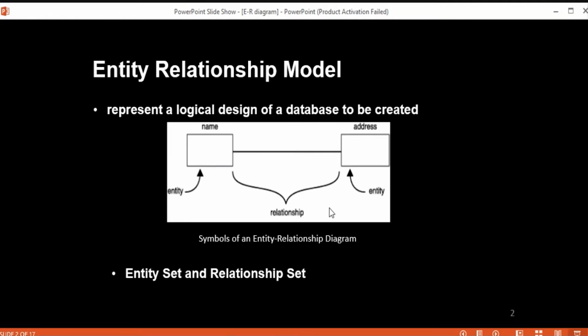For example, a basic example like student and school. Student and school are the two entities. Students study in school. So these two entities are associated with the relationship study.